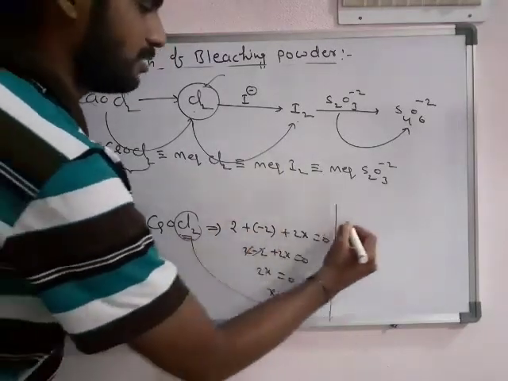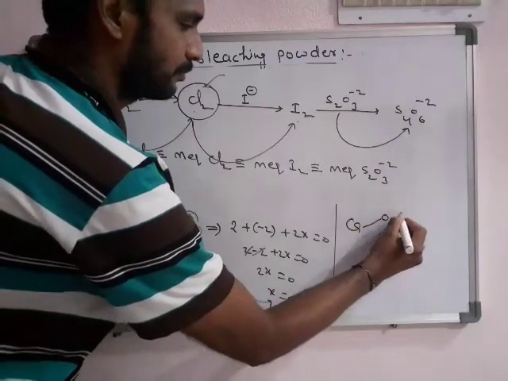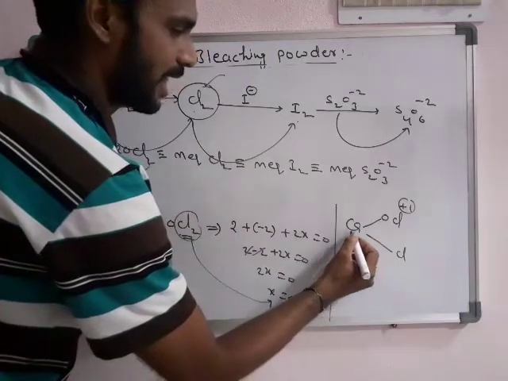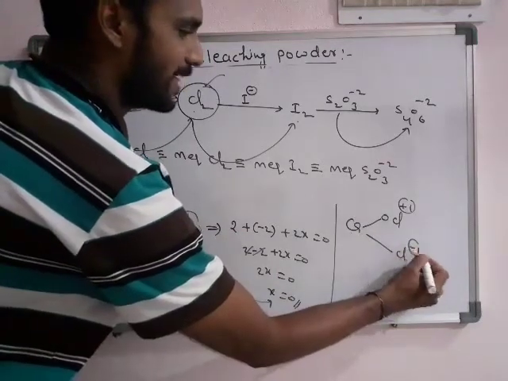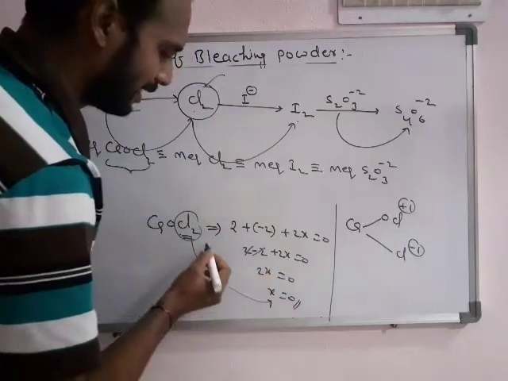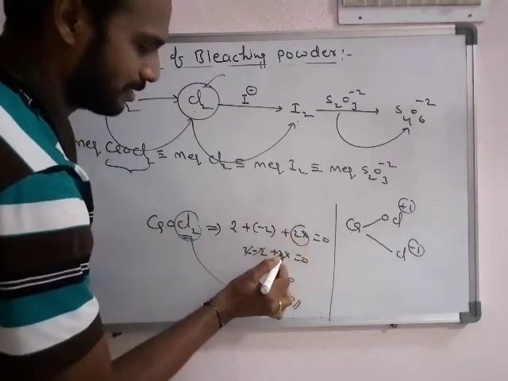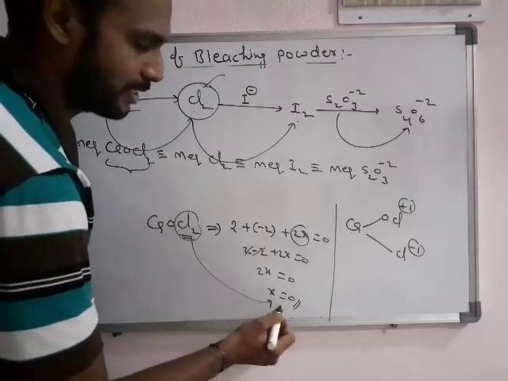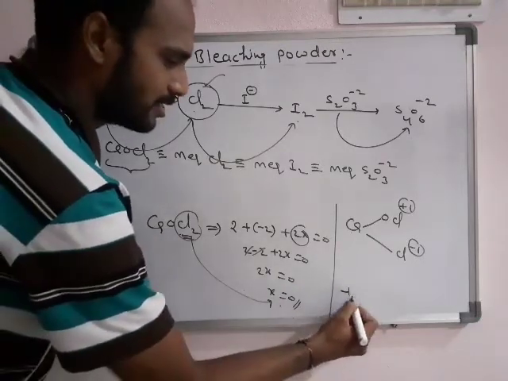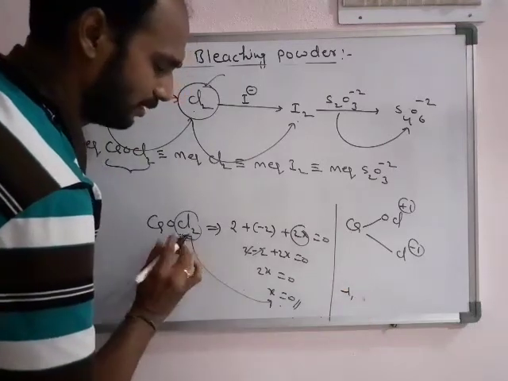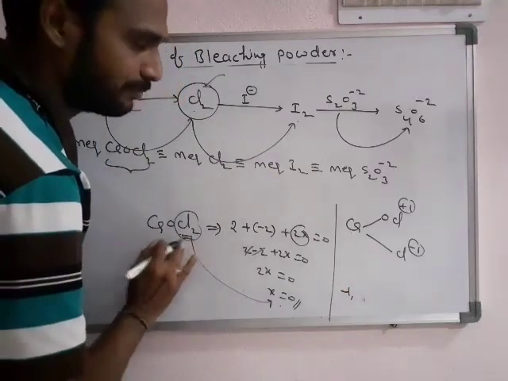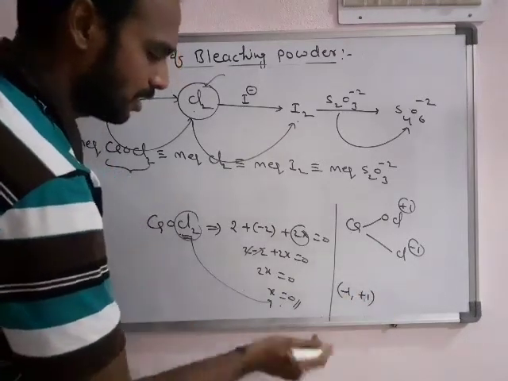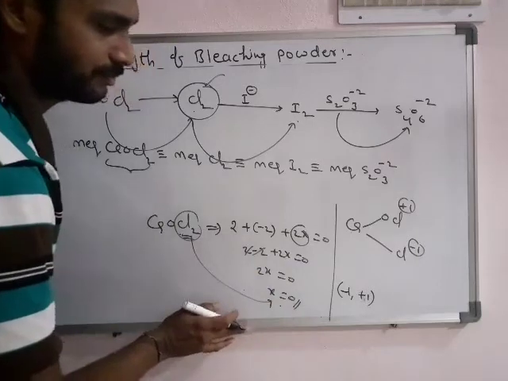Here, of the 2 chlorines, this chlorine has a +1 oxidation state, whereas this chlorine has a -1 oxidation state. We calculated by taking 2x, meaning we calculated the oxidation number of 2 chlorines together, that's why we got 0. The original oxidation states of the chlorines in this bleaching powder are different: one is -1, the other is +1. In the general calculation we get 0.